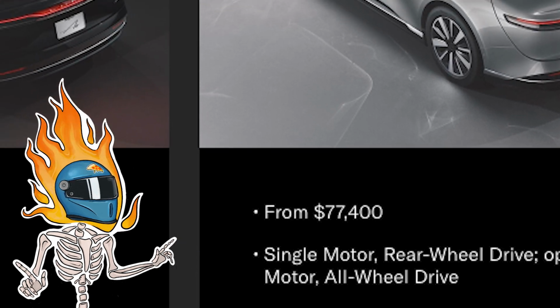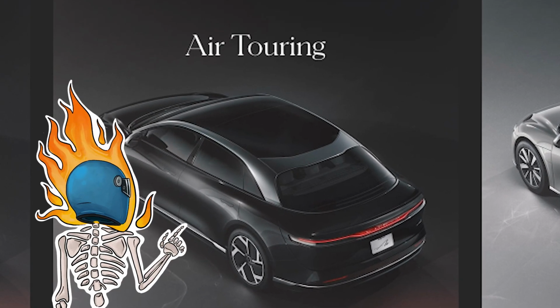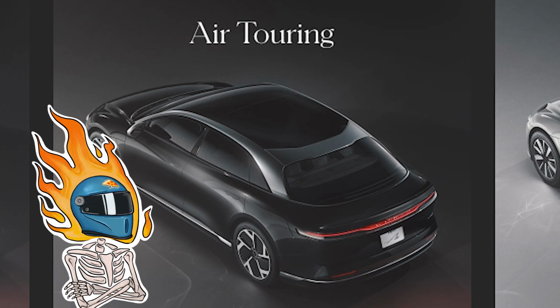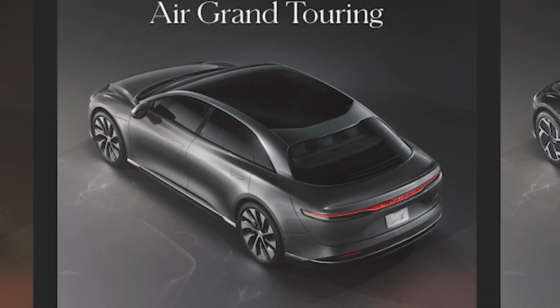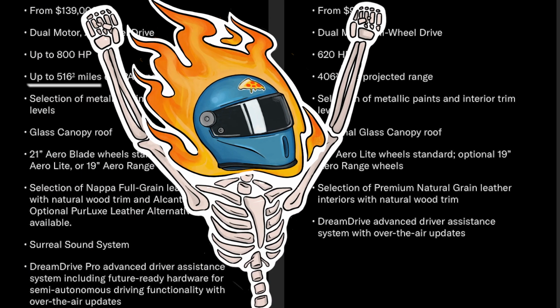All right, so moving up that list, and now we're sort of in that middle meat of the lineup. You know, it's not the fastest stuff and it's not the cheapest stuff. It's just sort of the boring middle ones. But anyhow, I'm talking about that dual motor Air Touring and Air Grand Touring. So these bad boys, they're all-wheel drive and can bang out a 0 to 60 sprint in 3.2 seconds flat. And in the range department, how about 400 miles for the Touring and a crazy impressive 517 miles on the